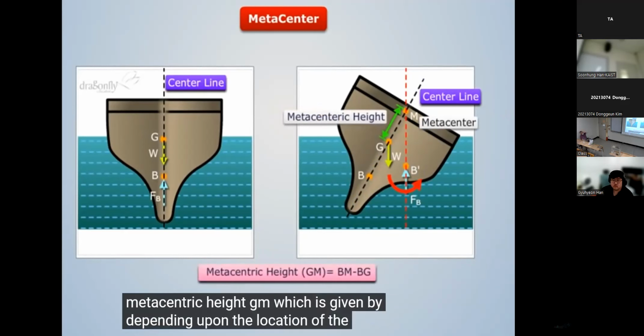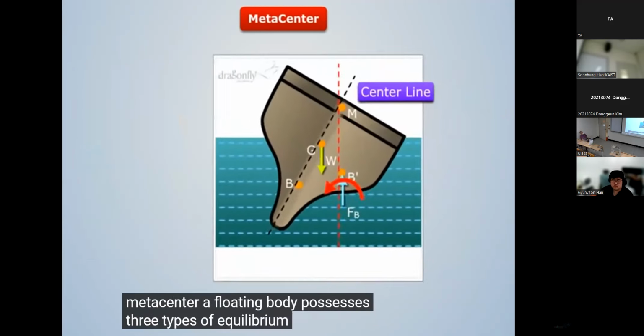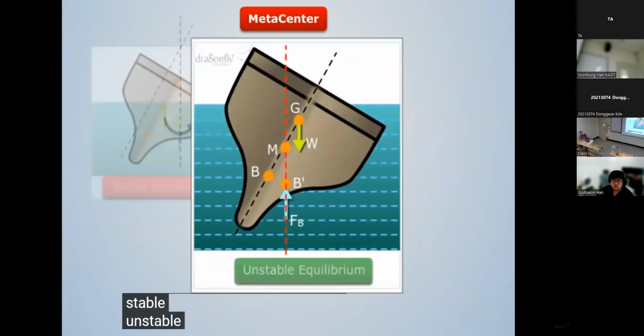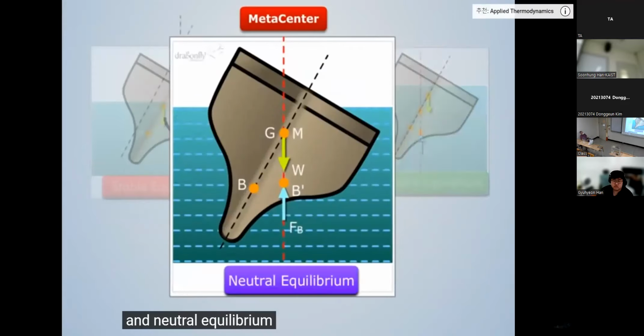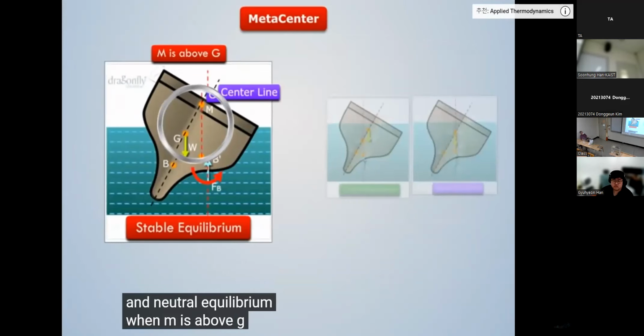Depending upon the location of the metacenter, a floating body possesses three types of equilibrium. They are stable, unstable, and neutral equilibrium. When M is above G,